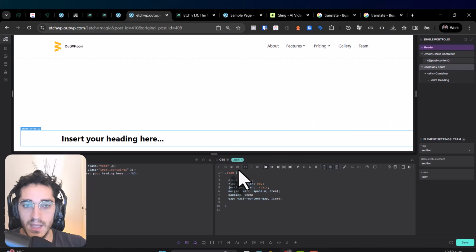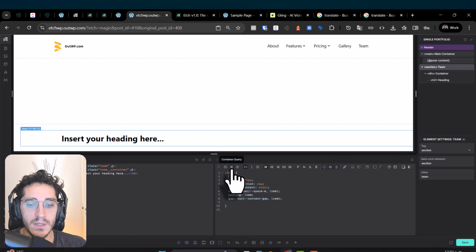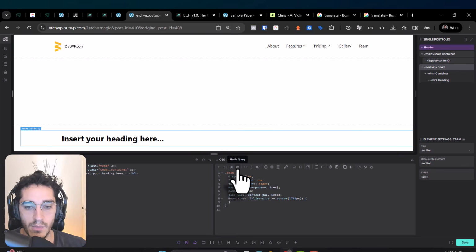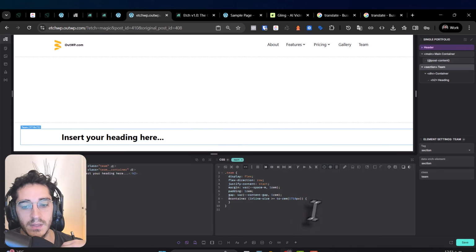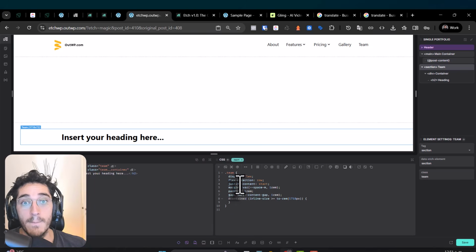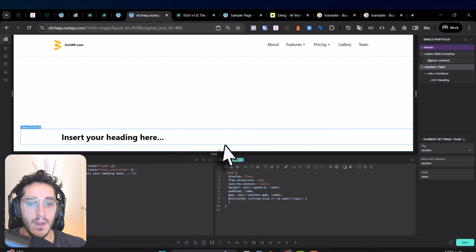And this is something that Kevin Gary has a good tutorial about. I recommend this video to understand it better, but it's related to this tool from here: container query instead of media query. You can use media query if you want, but you have container query, and this means that the container query feature will adapt directly to the space that is here on the canvas, or on the content,